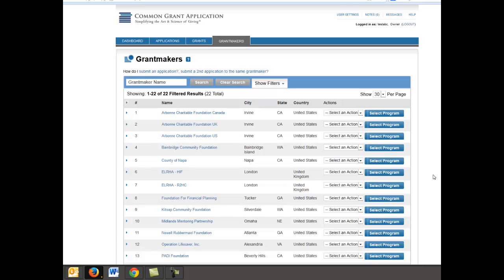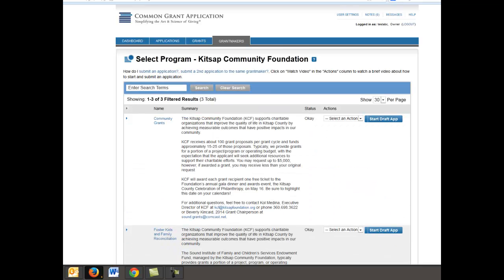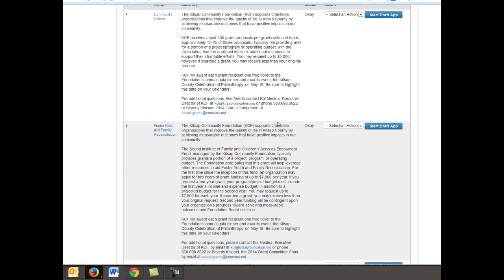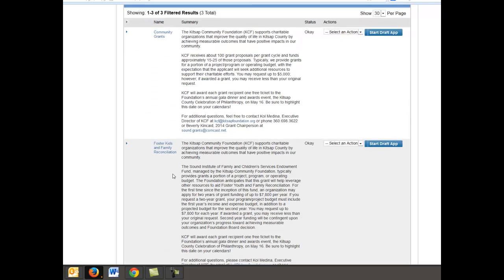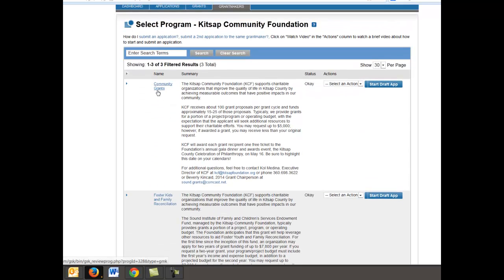Multiple grant makers use the Common Grant Application site to receive and manage grants, so you need to find Kitsap Community Foundation and click on Select Program. If you clicked on a direct link from the Kitsap Community Foundation website, you will land on this page that lists the 3 different programs or applications that are on our site. You need to find the application or program that you'd like to apply to and click on Start Draft Application